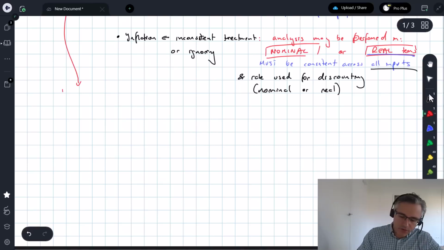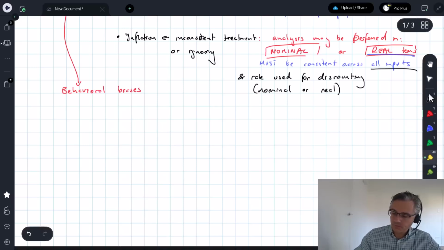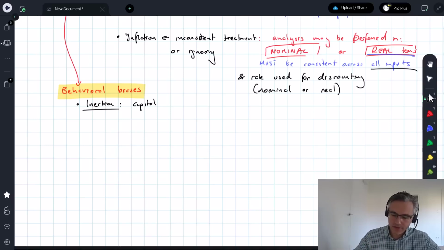Now, the second group of pitfalls falls under the category of behavioral biases. And these are also very interesting. First of all, something your book describes as inertia. Inertia being just sticking to what we've done in the past. And this is especially true at big companies where capital budgets, or budgets for capital investments, are often just rolled on from the previous year. So they are anchored